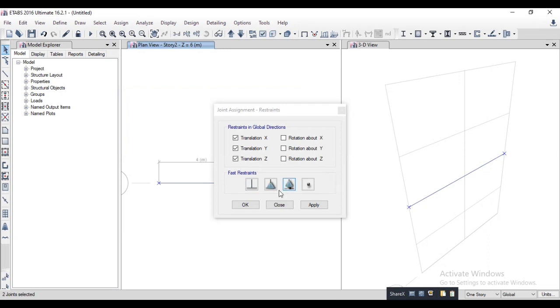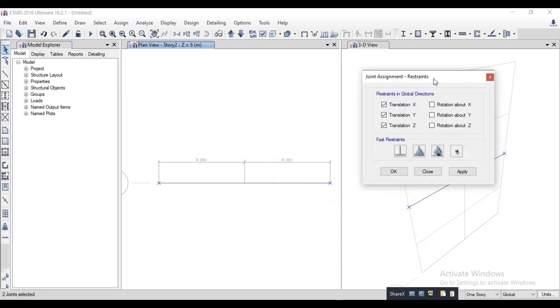You can see here, this is the fixed joint, this is the hinge joint, this is the roller joint, and this is the pin joint. So our beam is simply supported. For a simply supported beam, we have to choose the pin joint.